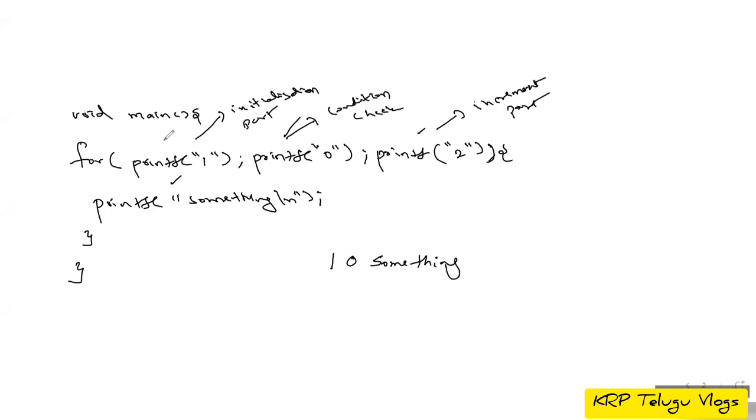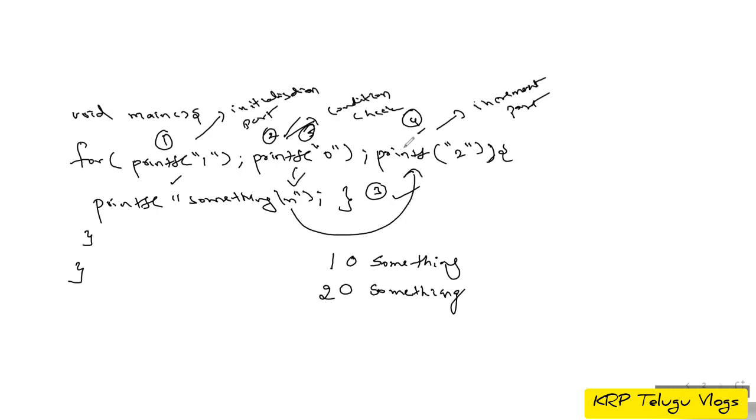Is it clear? This is the first execution step. This is the second execution step. The statements are the third execution step. Is it clear? Yes, sir. Okay. So next where will it go? It will go to the increment portion, and this is the fourth execution part. So this is 2. Next it will again come to the condition check. This is the fifth execution part. So 0. Next again it will come for the statements, so something. Then increment. Then again the same. This will iterate like this